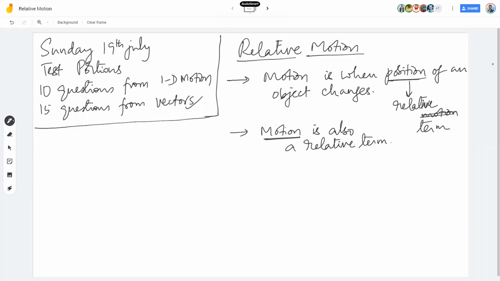The ground is not at rest. It so feels that the ground is at rest. The buildings are at rest. If you are moving in a car and you look out the window, you see the trees are moving backwards. You see the mountains moving backwards. You see the buildings all moving backwards actually. So is your observation wrong there? Do you think the building is not moving backwards? Building is moving backwards with respect to you. I'm sitting in a building. With respect to me, the building is not moving. Understood or not? So motion is also a relative term.